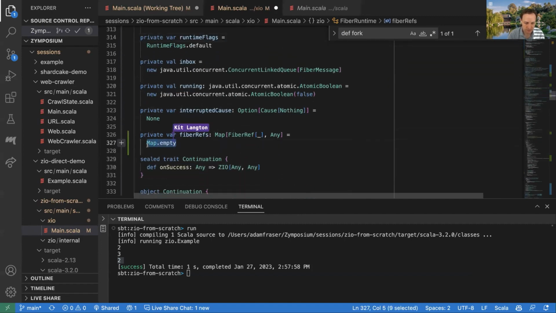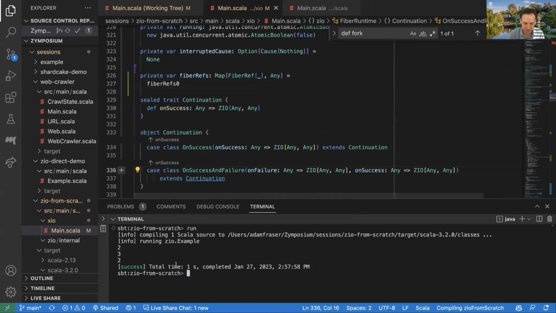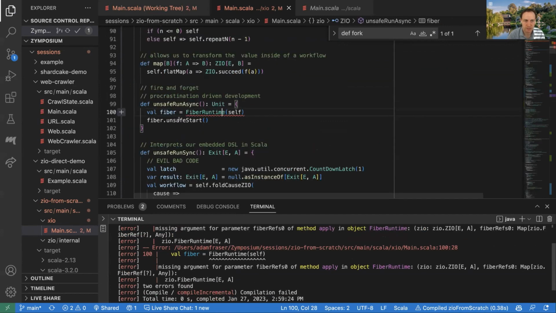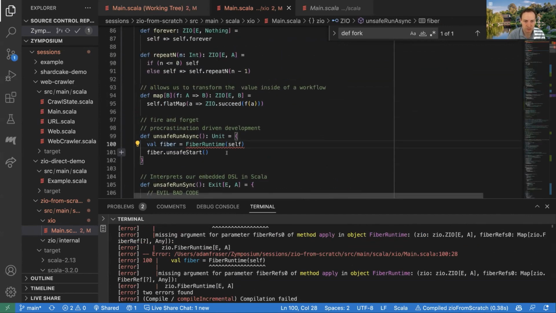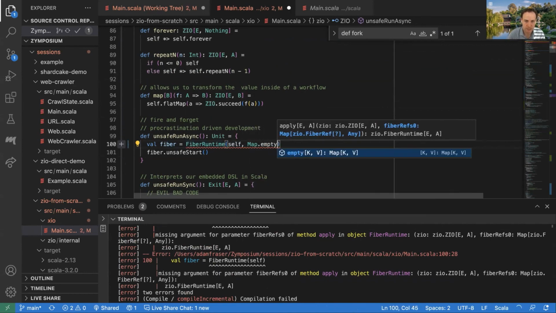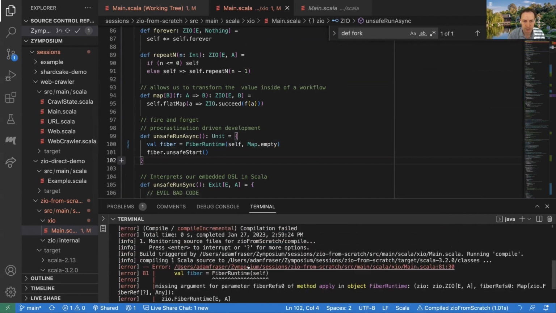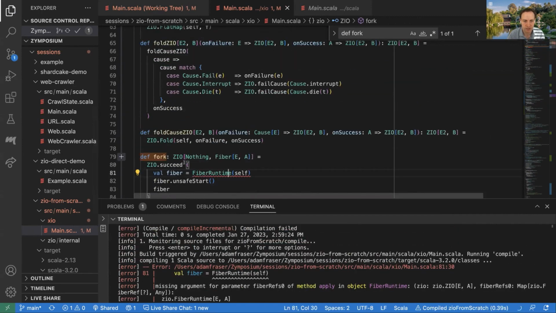Then when I start off, instead of starting with an empty map, I start with this fiberRefs0. I let the compiler help me, and I get this error message when I start this thing. If I just unsafely run something, I'll start with an empty map. But when I fork a fiber here,